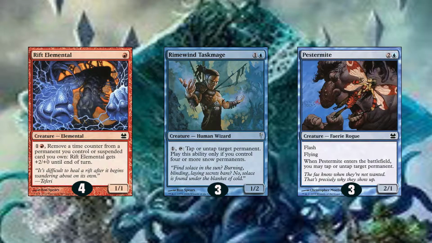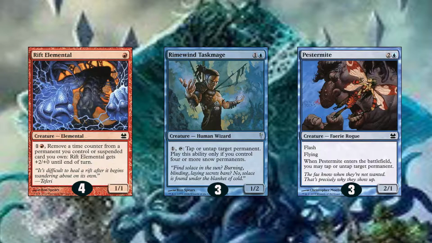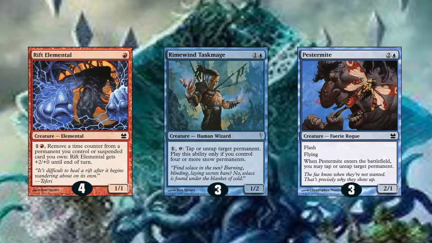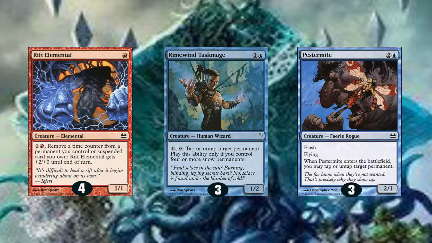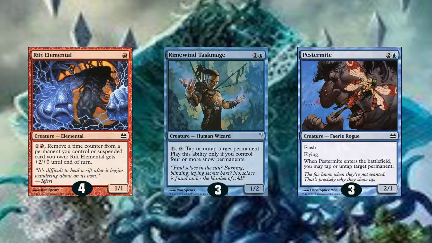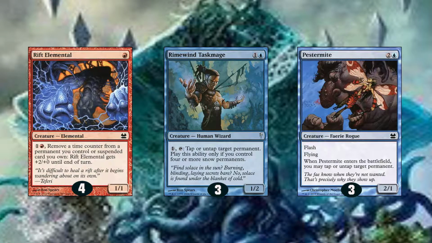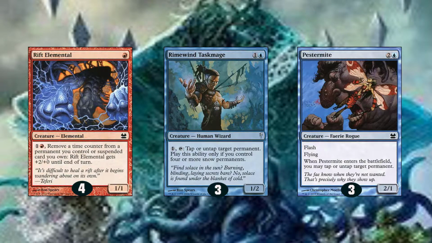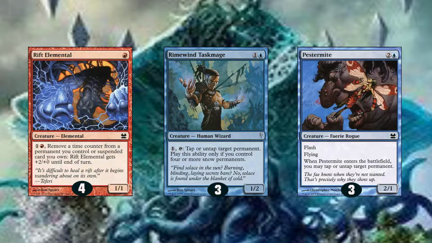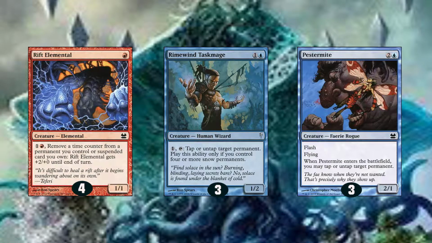The Rift Elemental is there because of its threat of activation and gives us actually the ability to use some of those time counters on the Suspend cards as a resource. It gives us the ability to have threat of activation, forcing our opponent to maybe throw their larger creature in front of this 1/1 while it's attacking, and giving us the ability to pump it, make it large, and trade our creature for their creature,